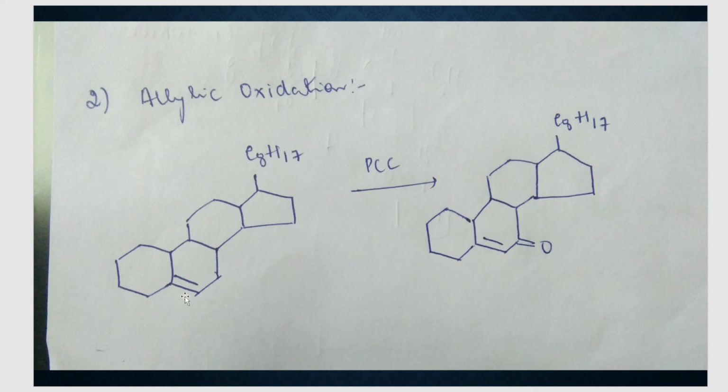Now you can see there's a double bond over here. The carbon that is right next to it is this carbon, correct? Or this also, but here this also is an allylic carbon. So the oxidation of that carbon is called an allylic oxidation, correct? So there's a double bond here, the carbon next to it gets oxidized. Such an oxidation is called allylic oxidation. Now we have taken this in the presence of pyridinium chlorochromate. What do we get? We just add one double bond O here. Let us understand how this reaction proceeds, the reaction mechanism.